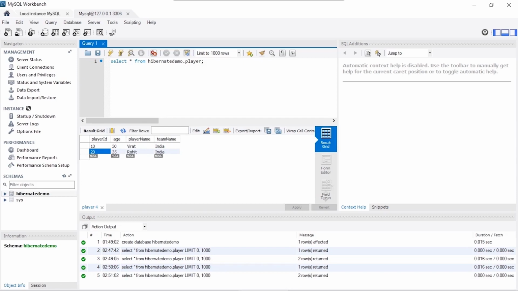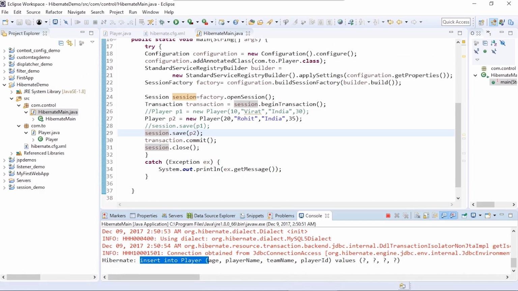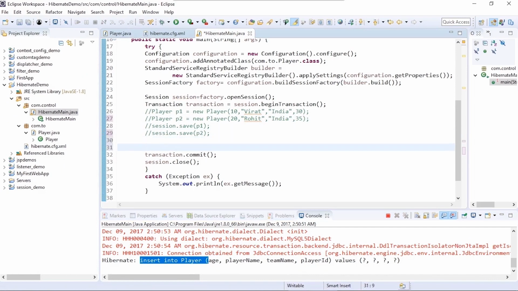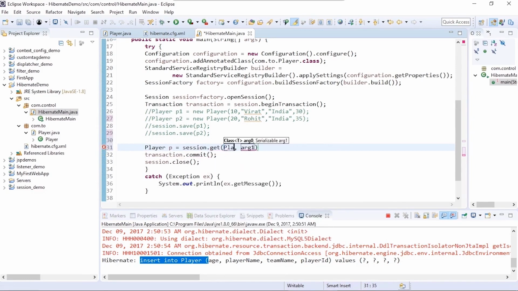Let's check what we'll need to do if we want to retrieve a record. So to retrieve a record, let's say player P equal to, we'll use the session object dot get, player dot class. We want an object of type player returned to us, and let's say we want the first record, so we'll give the key as 10,